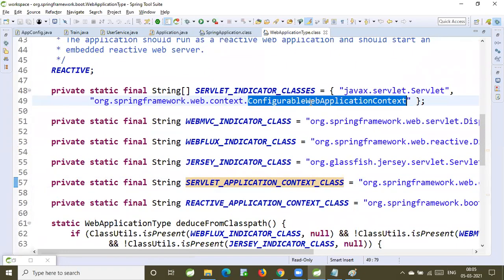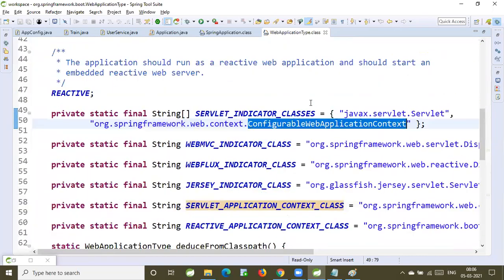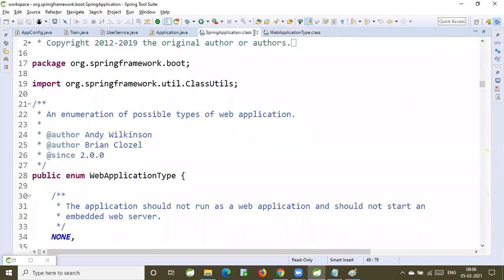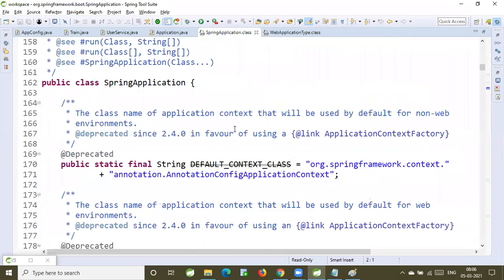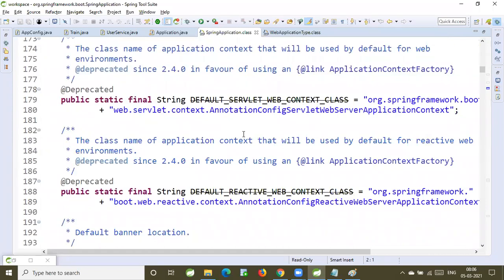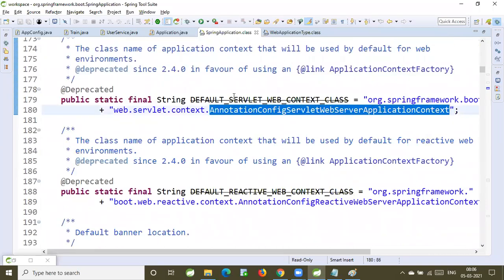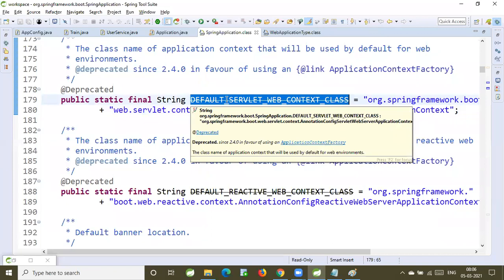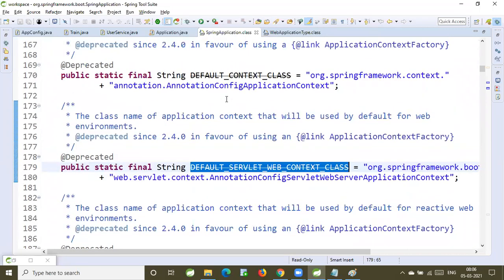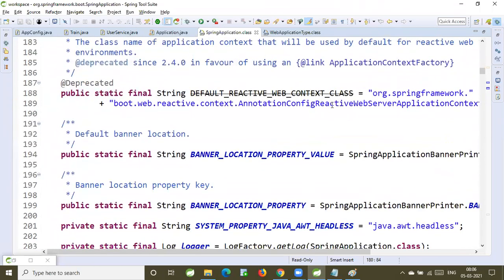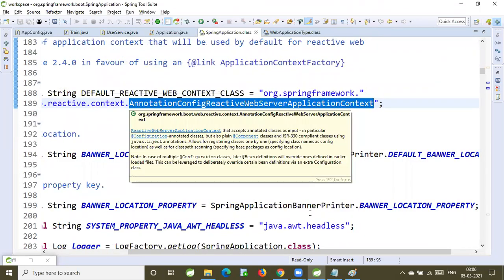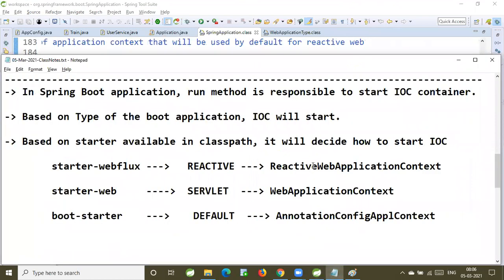Configurable web application context, reactive web application context. Earlier they used these classes to work, now they are deprecated. Earlier it used to work with AnnotationConfigServletWebServerApplicationContext and AnnotationConfigReactiveWebServerApplicationContext; like that, those are the classes it is going to use.